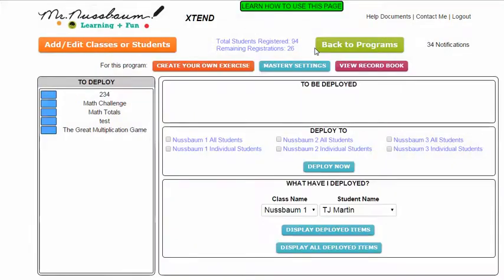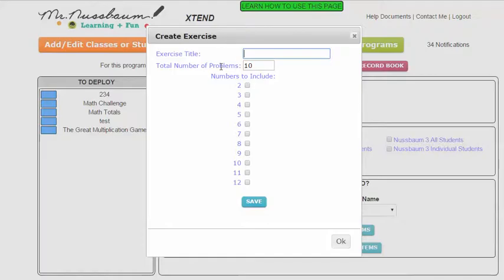Okay. So next it's time to deploy specific problem sets to students. From the Great American Multiplication Challenge interface, which you see right here, click the red Create Your Own Exercise button. So right here, I'm going to create my own exercise. And this window pops up. So I'm going to name this exercise. Let's call it